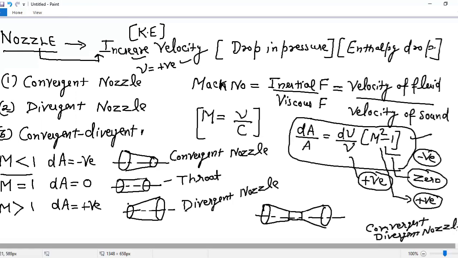So which type of flow will be there? In the first part, it is a convergent nozzle. Clear? So in the convergent nozzle, Mach will be less than 1. So when the fluid enters in this place, it will be less than 1. In the throat, over here, this is called the throat of the nozzle, the area remains constant. At this point, it will be 1 only. Clear? And the divergent portion, where the area is increasing, in the third case, M will be more than 1.